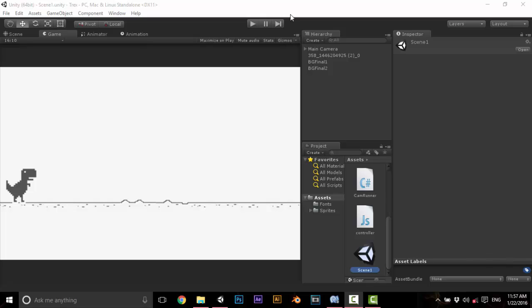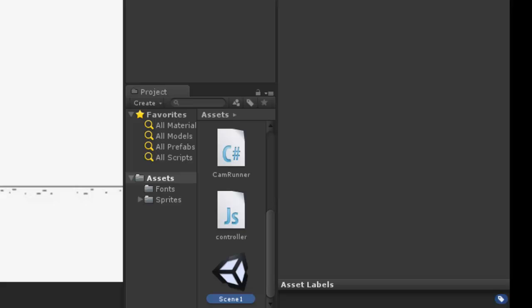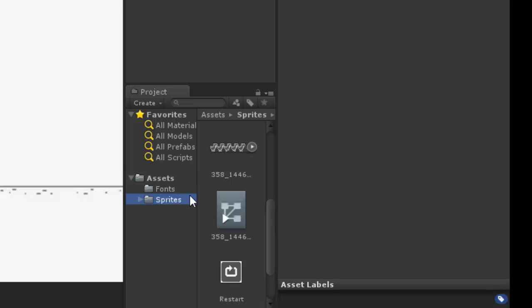Alright, welcome to the fourth tutorial of the series how to make a basic 2D game, which is T-Rex Runner. In this tutorial, we are going to spawn the obstacles, which are some thorny trees. In order to do that, open sprites,